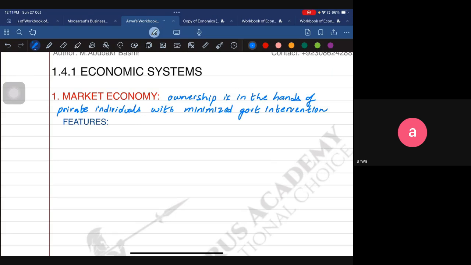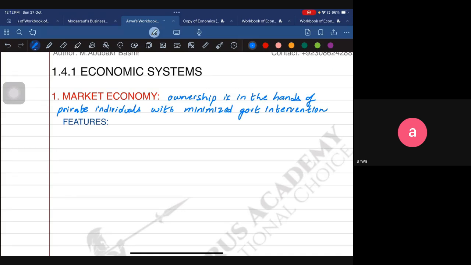So you will not basically see a very perfect scenario of a market economy, exactly like the definition that we have. But you can see some of the economies which are very close to the market economy, like the US and Canada. These countries are very close to the market economic system, where they promote the idea of private individuals doing business,